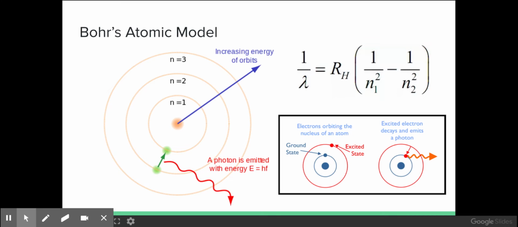When we talk about the colors that we saw during our flame tests, sophomore chemistry, or when we analyze the atomic emission spectrum of elements, we're really viewing the action of these electrons as they get excited, drop back down to energy levels, and release light. And that light can be described by Planck's equation as a photon.